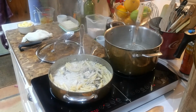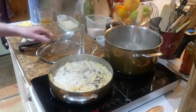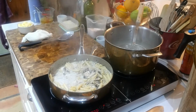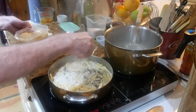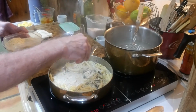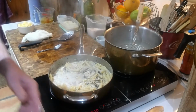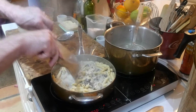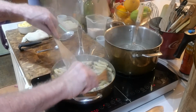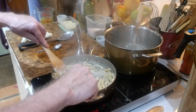For me, it doesn't need any more seasoning, apart from we'll just sprinkle some Parmesan into it, give it a mix again, and then of course, lucky me, have another taste. It's then of course when it's presented you can add